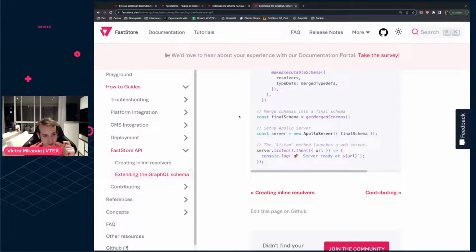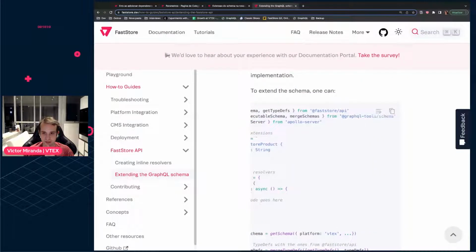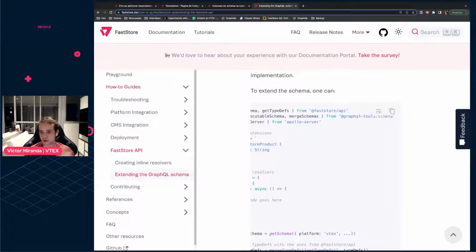If you're starting from the Gatsby.store, you might have some trouble importing merge schemas from GraphQL Tools schema. This import might not work for you because of the version of GraphQL Tools schema. If TypeScript yells at you saying this import doesn't exist, that GraphQL Tools schema doesn't have merge schemas,